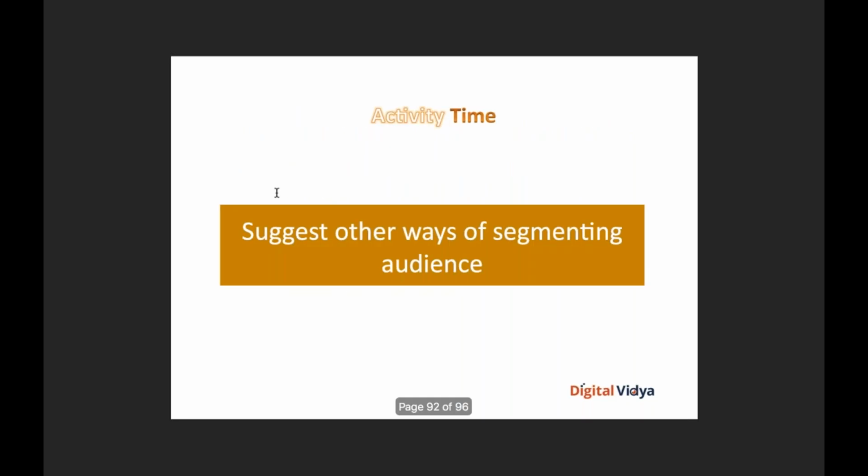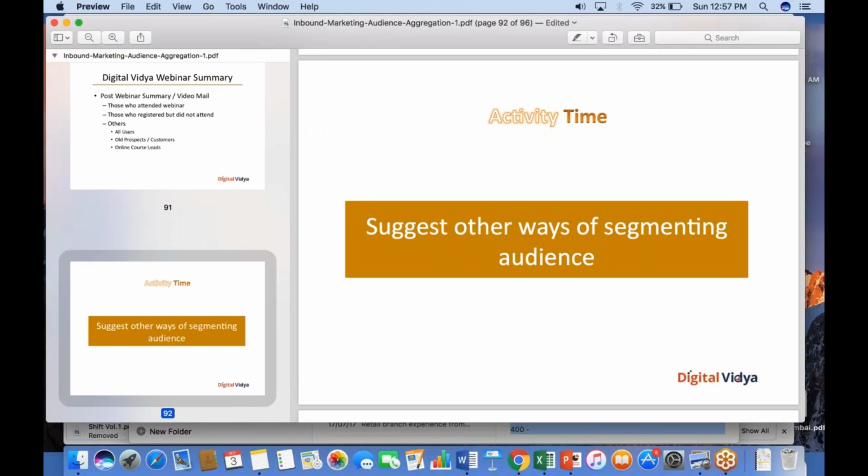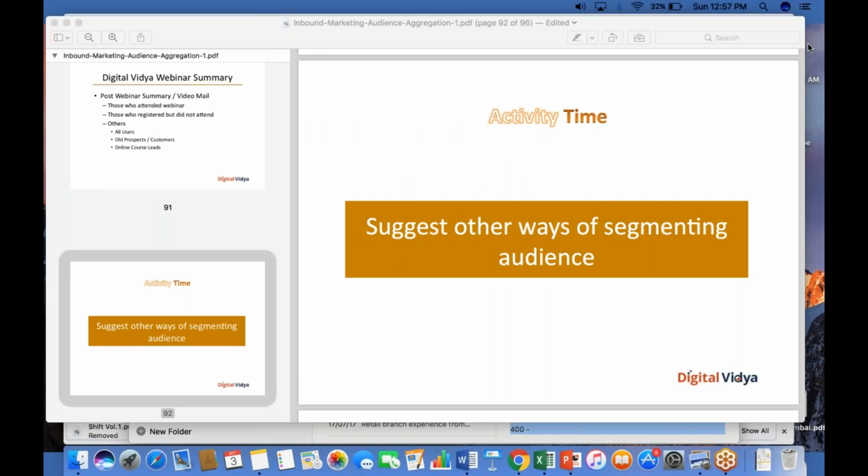Now, what I want you guys to do is to think through other different ways in which you can go about segmenting an audience. What I just showed you was an example of segmenting and targeting an audience basis their interest levels and the kind of actions they perform when you present them with specific pieces of content. Now what I want you to think through is certain other ways in which you can segment an audience. Spend a couple of minutes. It's fairly straightforward. Just think through and type out in the chat window certain other ways in which you can segment an audience group.